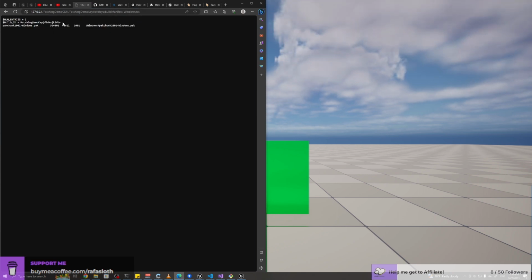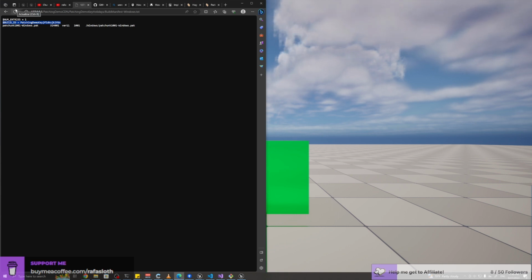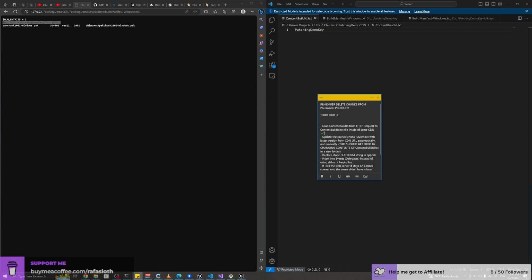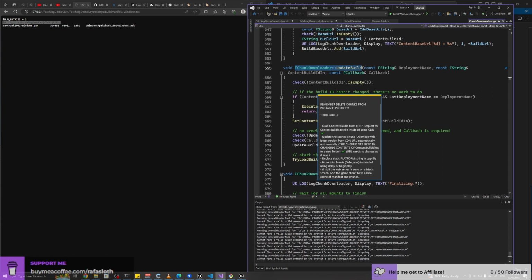So changing this here, or the version, doesn't do anything if the URL is the same. So that's just the very first item that I had for today. But it kind of tackles this one as well. We just figured out that the URL needs to change, as it says in that function.